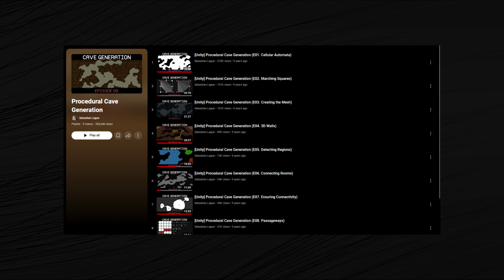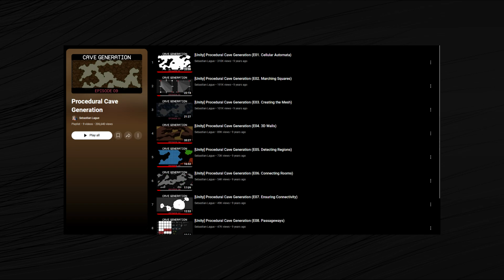So great, now I can figure out if there's an unconnected room, but what do I do with that room? I guess I could delete it, but then what if the room is massive and you just lose a massive chunk of the cave? Ideally, I'd have a way to connect the rooms so that the size of the cave stays the same. This was not easy, but luckily Sebastian Lague came in clutch with his great cave generation series,